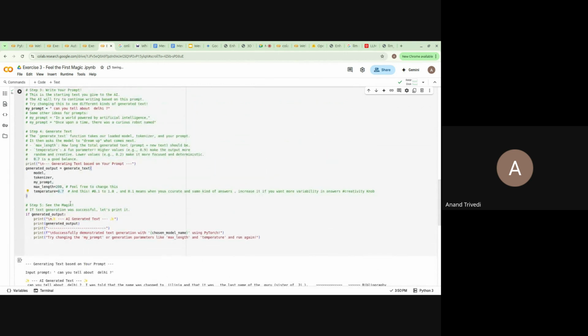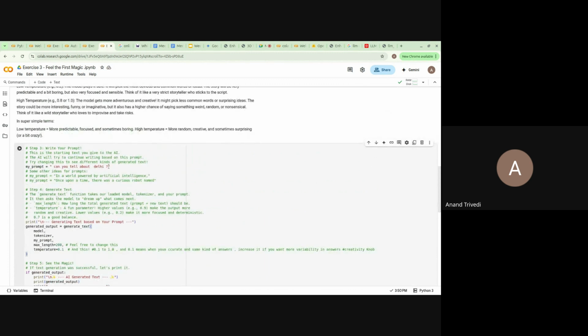So again, let me actually go for 0.1. I'll go for 0.1 this time, right? And I'll ask what is quantum physics? Let's say I'll ask first a simple one. What is quantum physics?